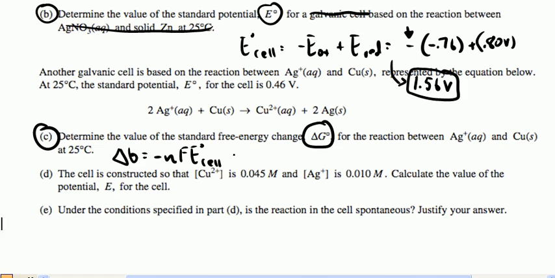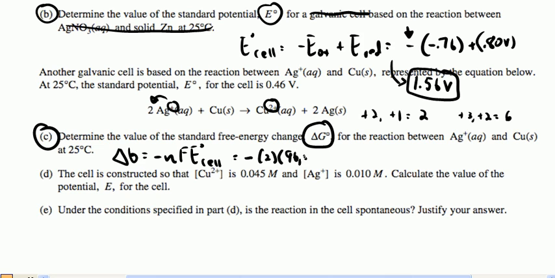So let's first get N. N is going to be 2 because there were 2 electrons transferred. A simple way to do that is to look at the charges and find the least common denominator between the charges. We had plus 2 and plus 1. The least common denominator would be 2. If you had plus 3 and plus 2, it would be 6. So negative 2